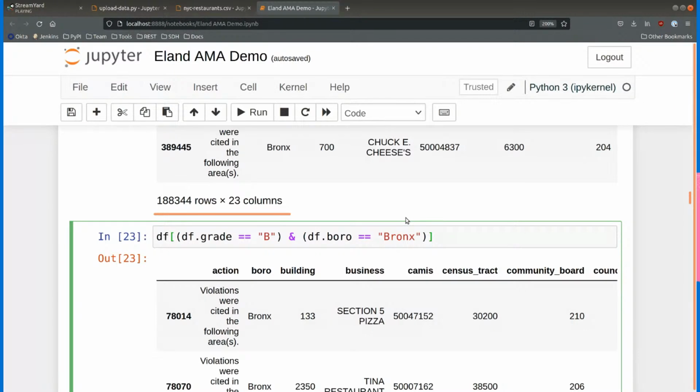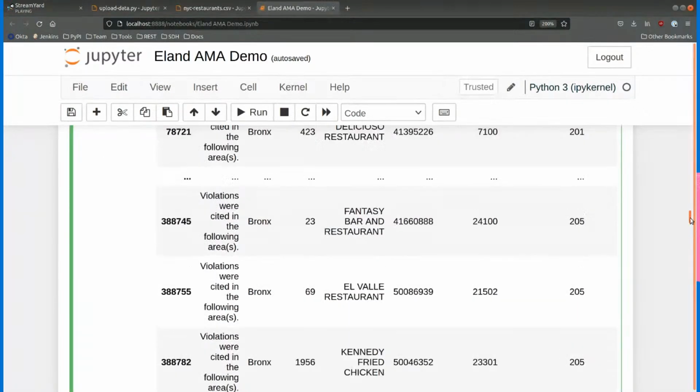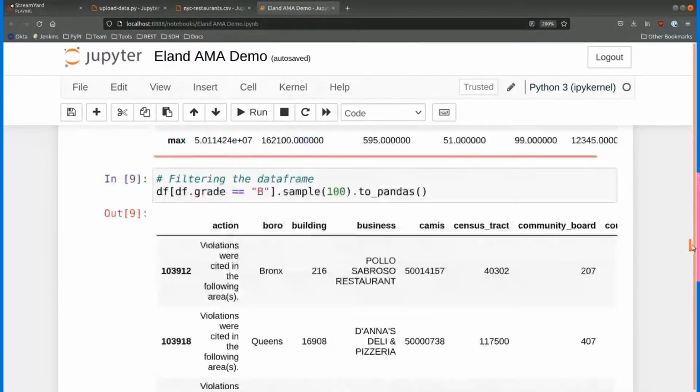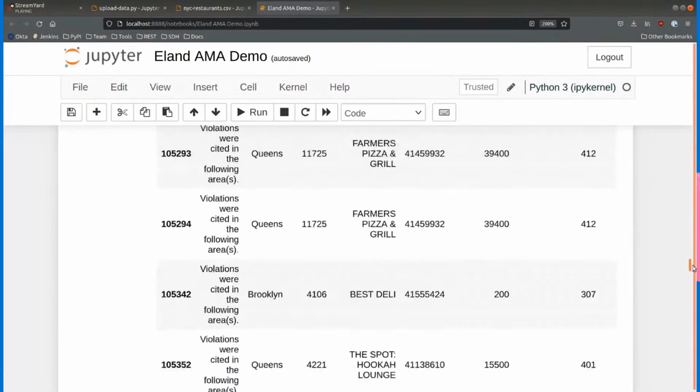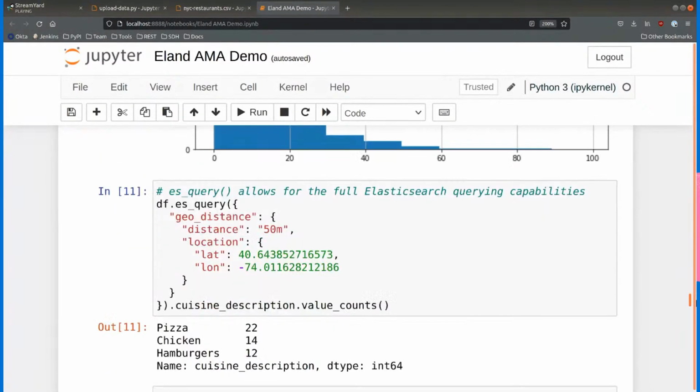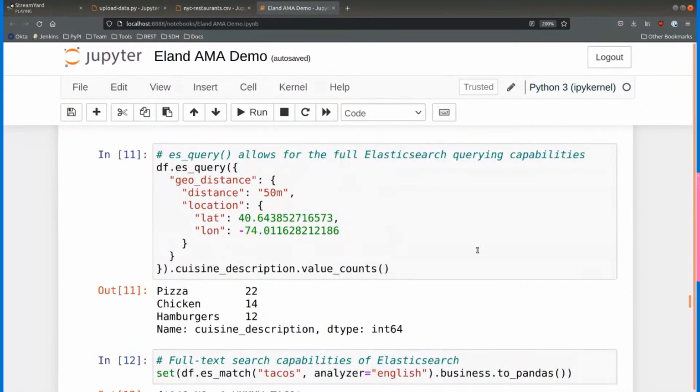You could turn that into df.query, was it grade equals B? I don't know why you would do that when you could just do this instead, but you can. But yeah, one of the things that I noticed there is you have a good example of, in those violations,